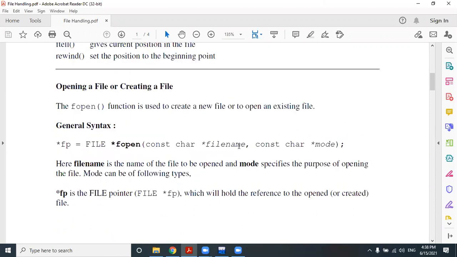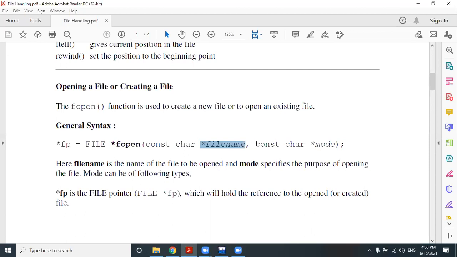Right now, within this fopen function, two parameters or two arguments need to be passed. What are the two arguments? The first argument is the file name, which is also a pointer type. Here we will pass the file name either along with the drive information, the entire path of your computer system, or if you store the file within the same folder where you write your code, then you need to provide only the file name. Okay, I will show it.